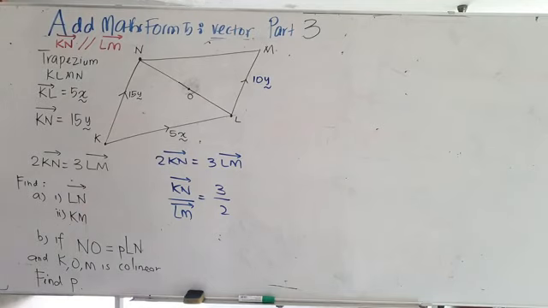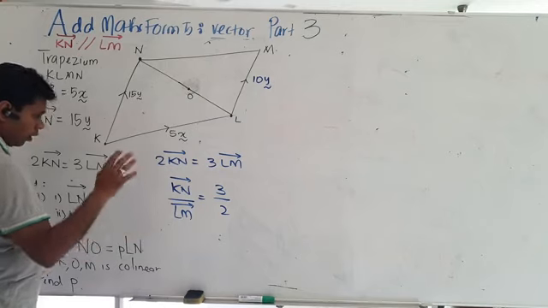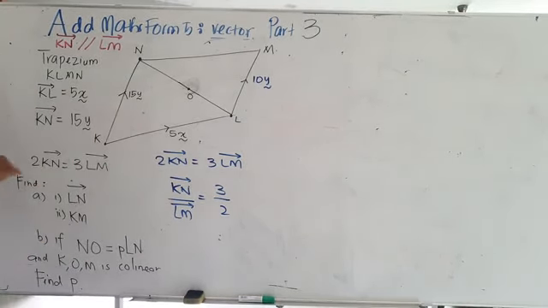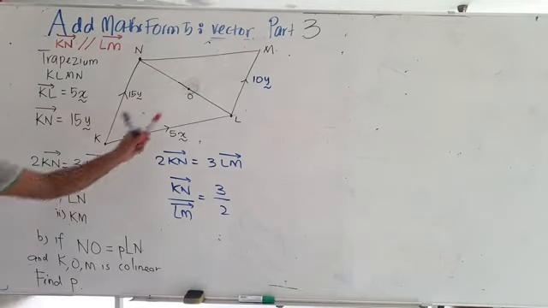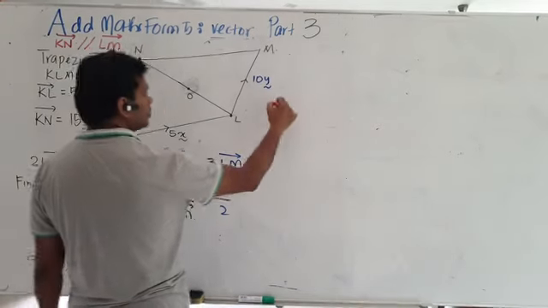Next question. So we have not done anything yet. We are just using the information. So this is what you must do in exam. Always use the given information first. After that, go into the question. All right? So find part A now. What is A? We were looking for LN. So if you're looking for LN, you need to create an equation.